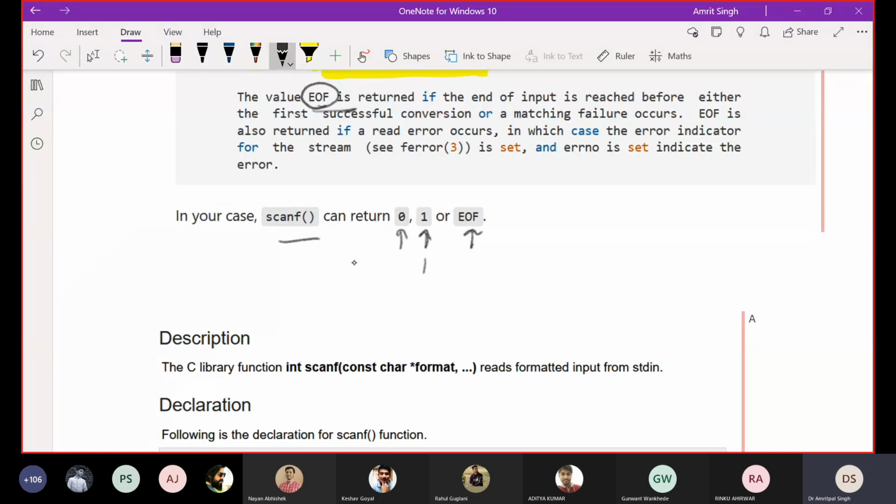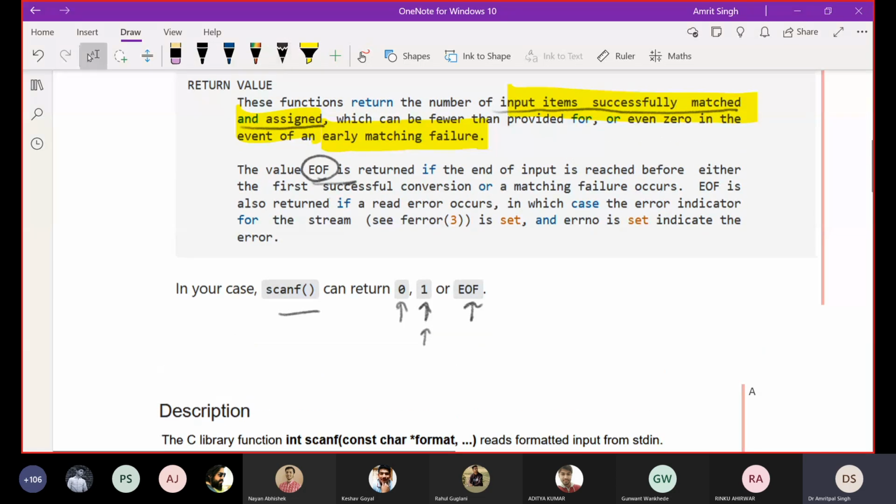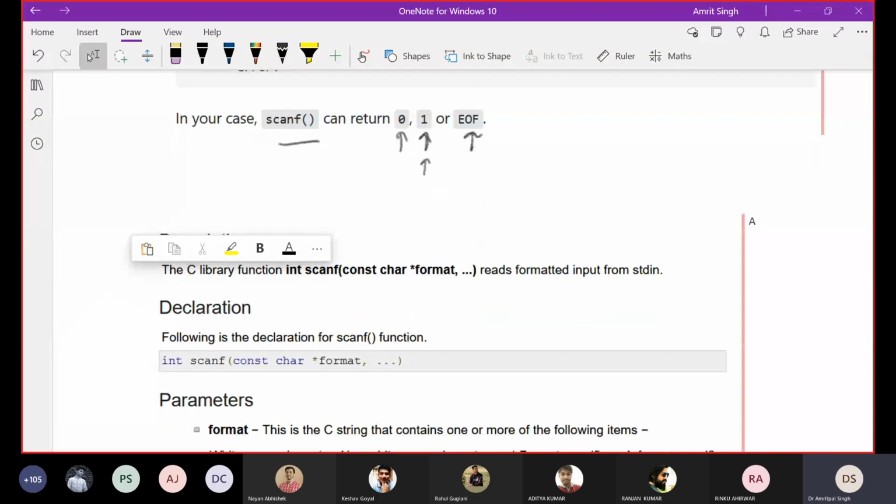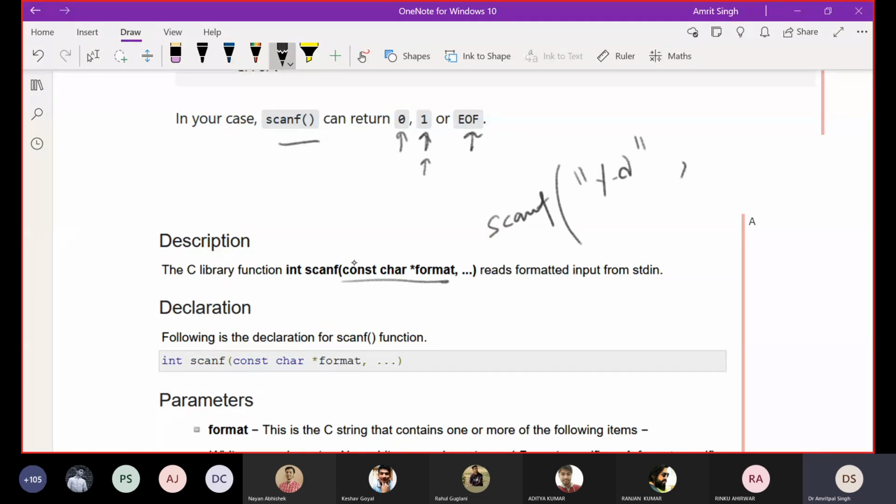It is going to return 1 when you have scanned a variable and successfully matched the variable. Matched with what? Yes, the format which you have specified. You wrote scanf %d here. You have matched this with the %d and assigned that value to this variable.